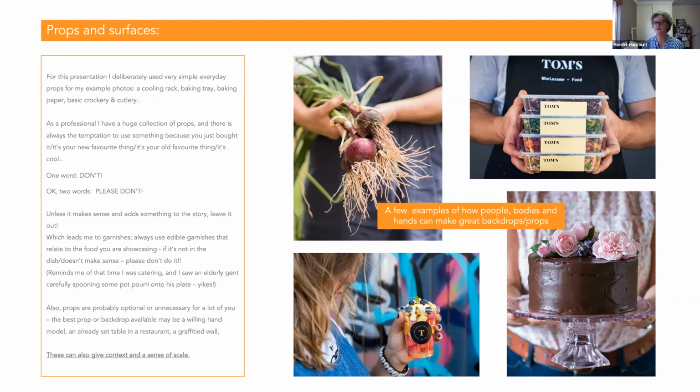That's right, yeah. Harriet, can you tell us the photo that you won the award with? Was that the pears with the syrup dripping down? How long did it take to prepare that photo? That's a good question. I'd say I was playing around for an hour or two, because I started off with them